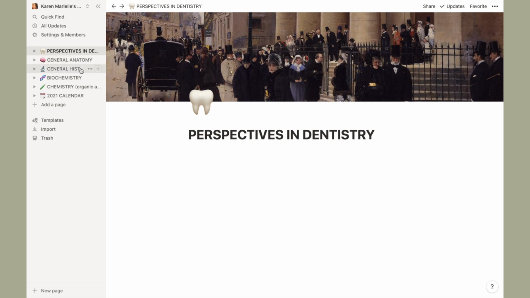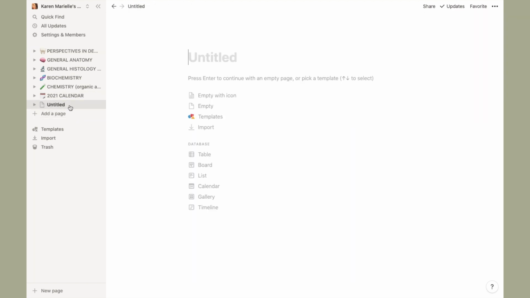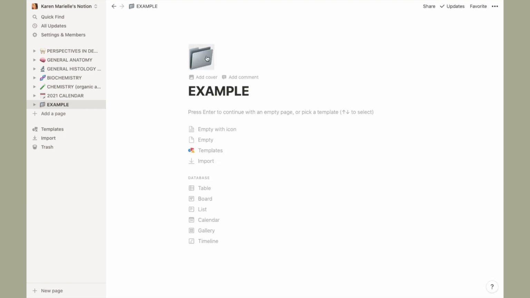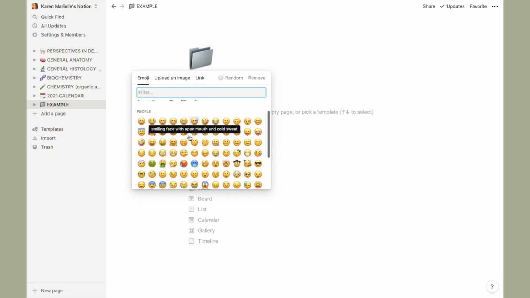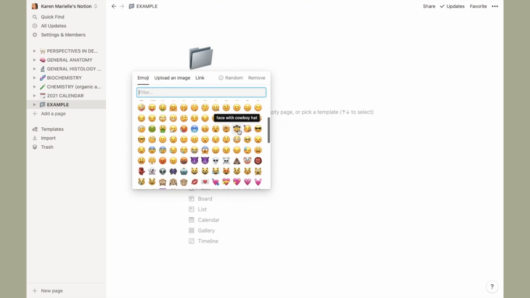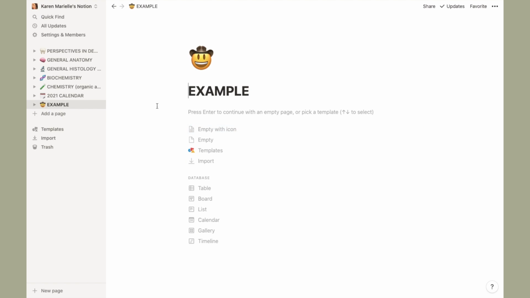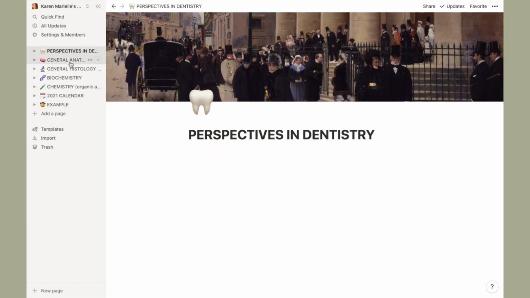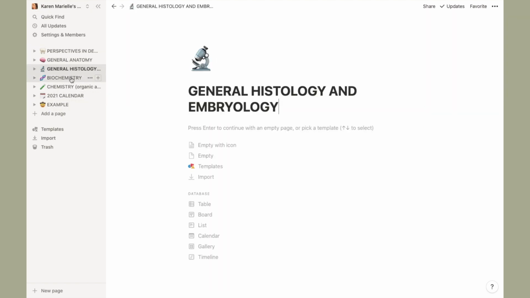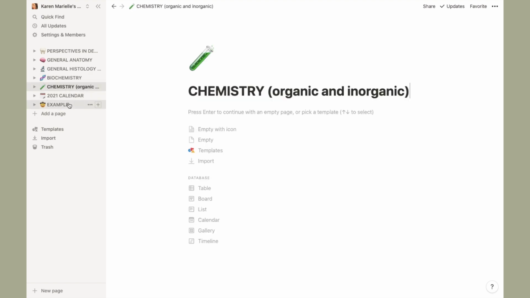So basically, guys, I just wanted to recreate the feeling of having a separate notebook for each subject. To make it, I just added a page and then typed down the title of my subject. After that, I clicked on add icon, and then I chose whatever emoji I like that best describes the subject, to make it very customized. That's another thing that I really love about Notion: you get to customize it to whatever